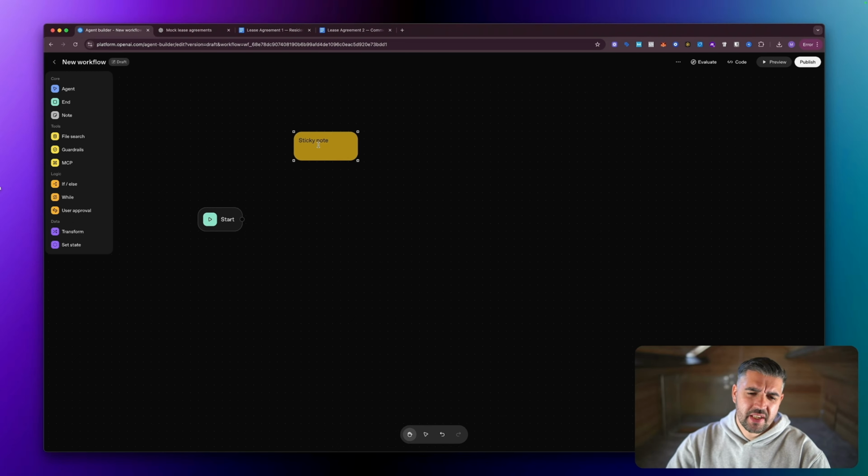Now, one thing I would say, because this is just a bit weird. When it comes down to OpenAI's agent builder and how to use it, when it comes down to the sticky notes, just be careful with them, because one thing I've noticed is it doesn't give a clear signal that they are small.